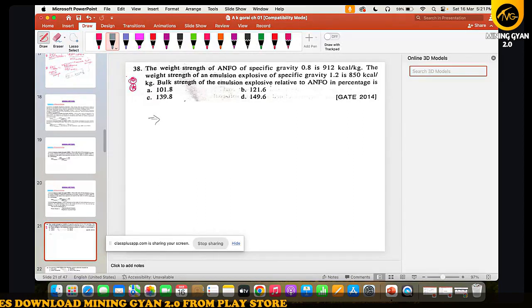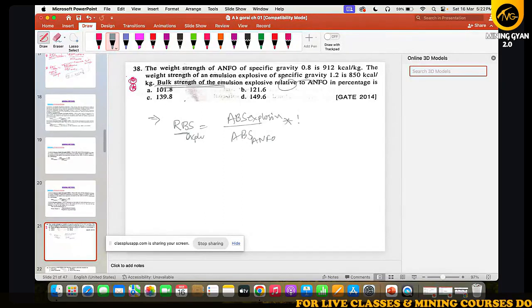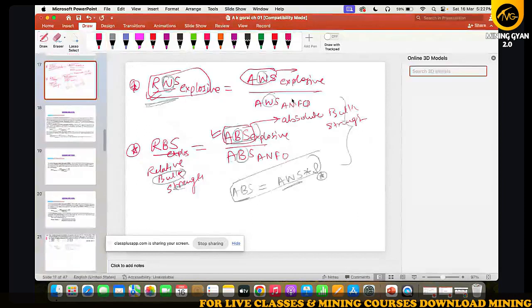देखो हमको यहाँ पूछा क्या है, बल्क स्ट्रेंथ, रिलेटिव टू ANFO. तो मतलब रिलेटिव बल्क स्ट्रेंथ पूछा हो, तो एक्सप्लोजिव का ABS बाई ABS ऑफ ANFO, इनटू 1000. यहाँ 1000 था ना,